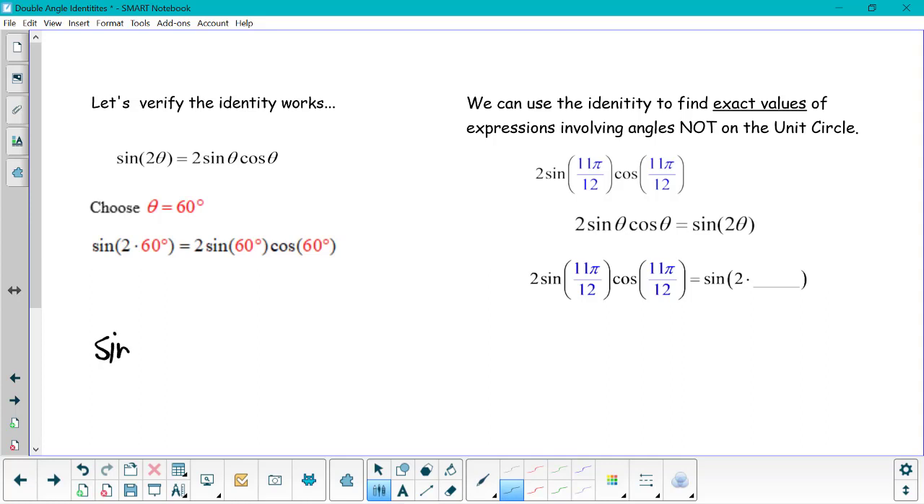What's the sine of 120 degrees? It's root 3 over 2. So I should get the same thing on the right-hand side when I take 2 times the sine of 60 times the cosine of 60. The sine of 60 degrees is square root of 3 over 2. The cosine of 60 degrees is 1/2. And when I multiply those,